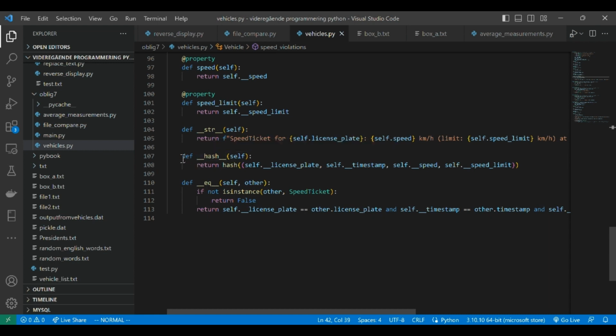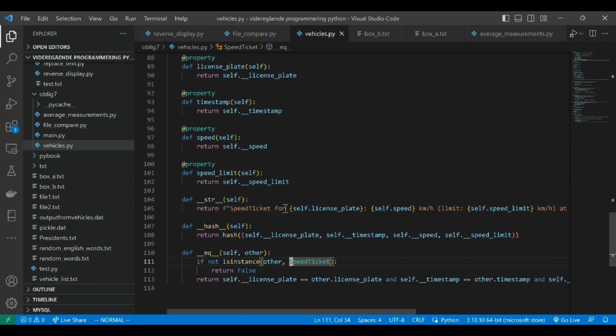I implemented these two because when you have a set, you have to implement your own hash